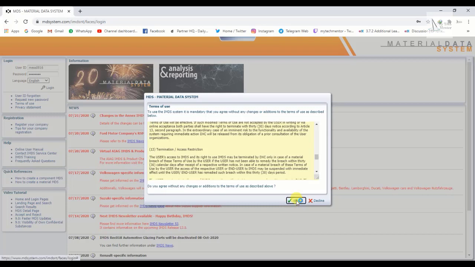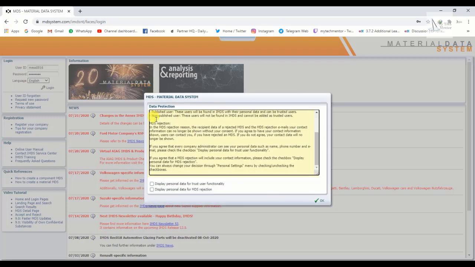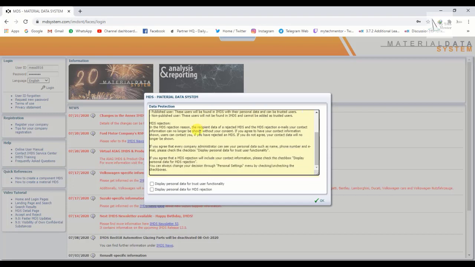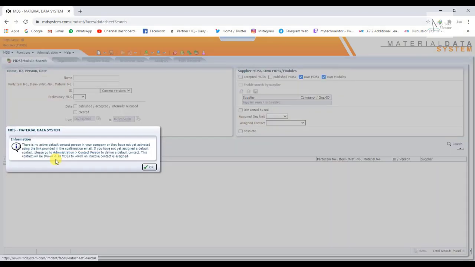Then a second pop-up opens. This pop-up is for data protection, so check both boxes and click on OK.